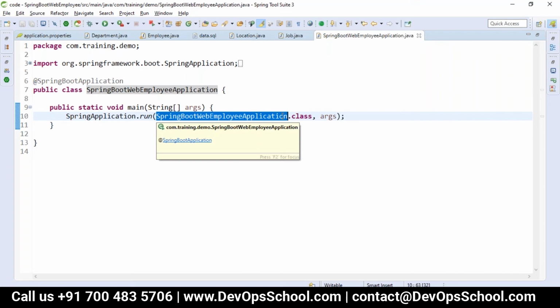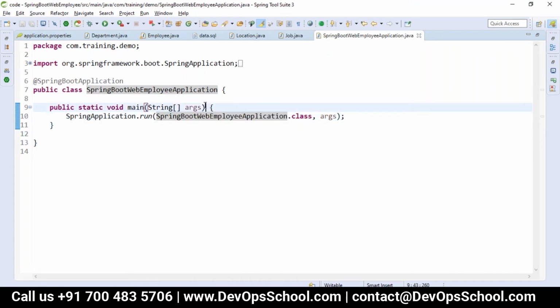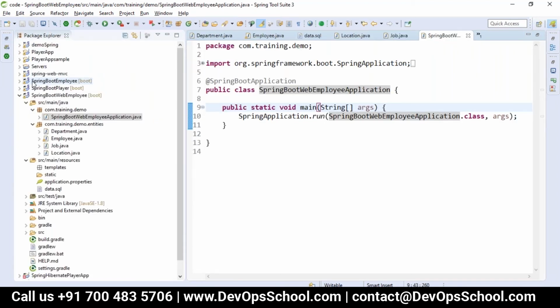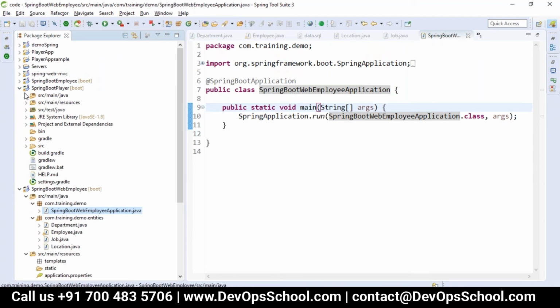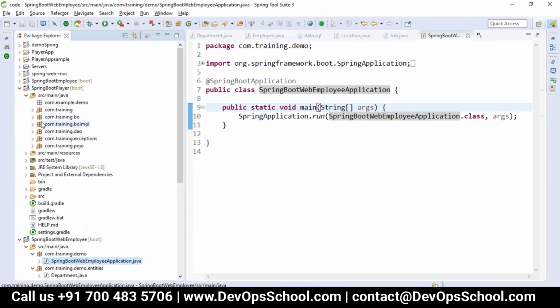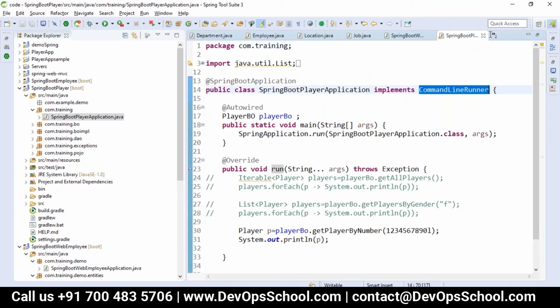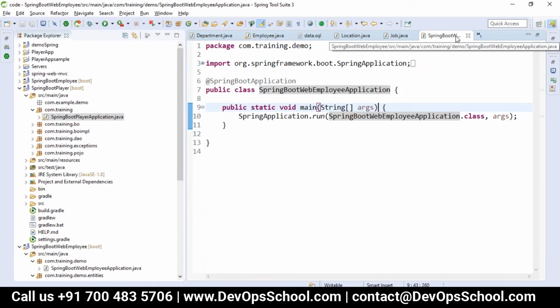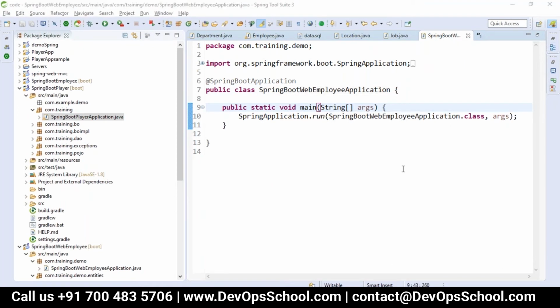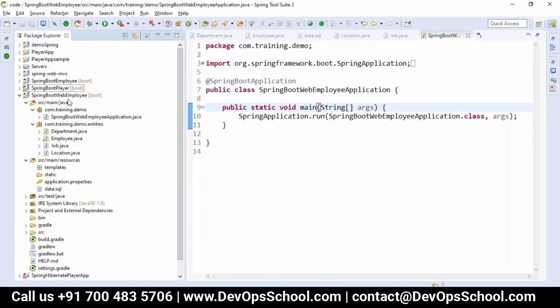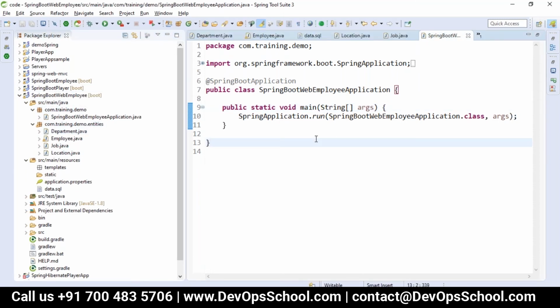If you are going with a command line application, like standalone, we'll use implements command line runner, as we worked on in the previous session. Yeah, I remember that. Yeah, implements command line runner. But when it is a web application, we don't need to write it because we will be configuring the controllers. So I'm just going layer by layer. We just discussed Hibernate or JPA and how we are going to work with the entities.